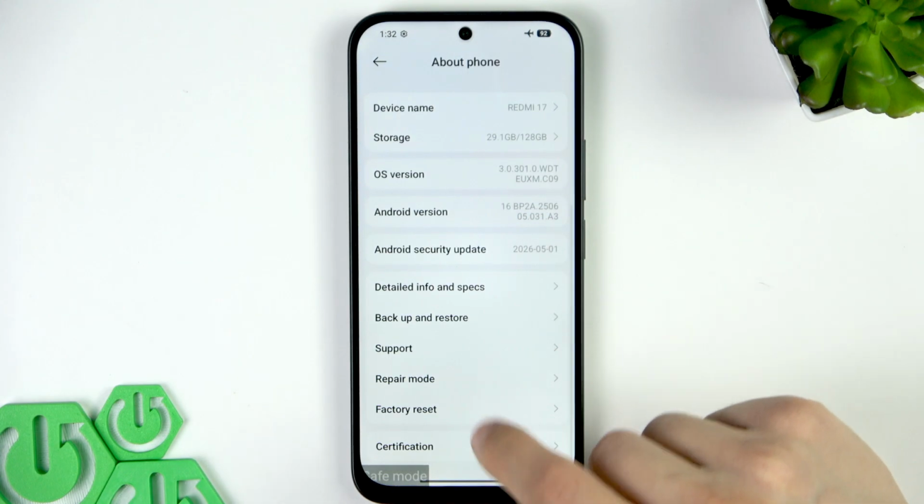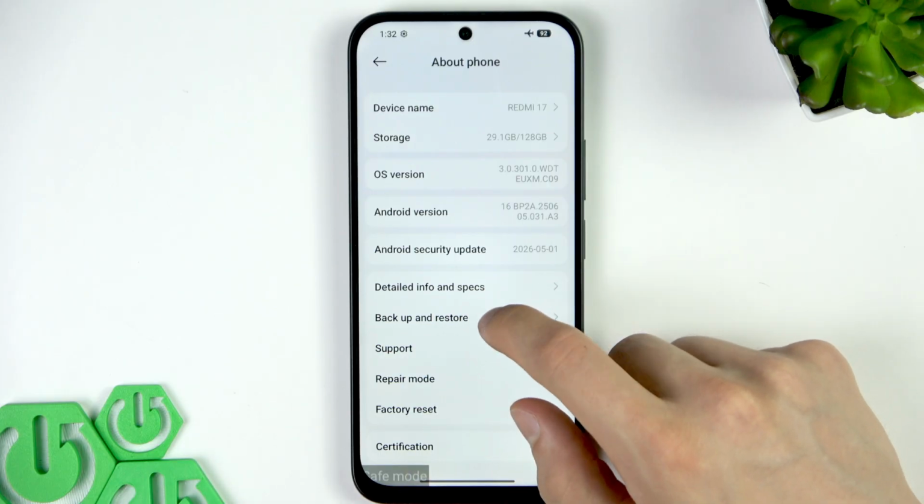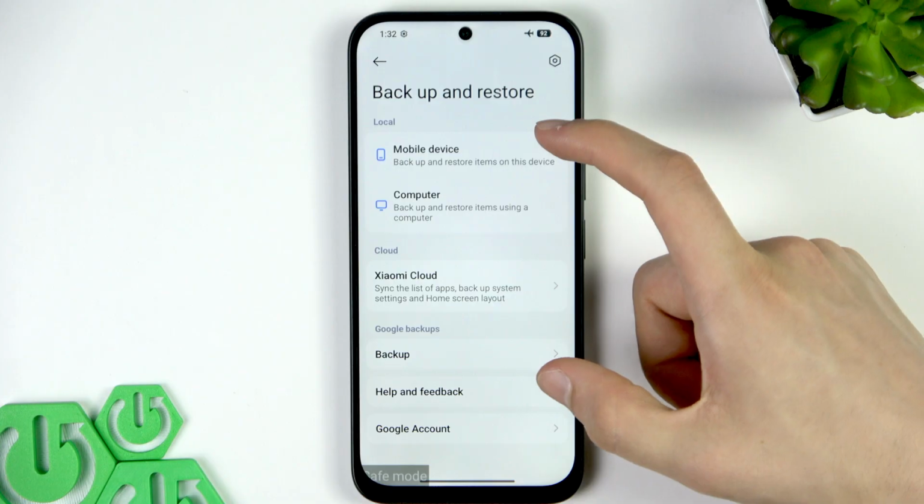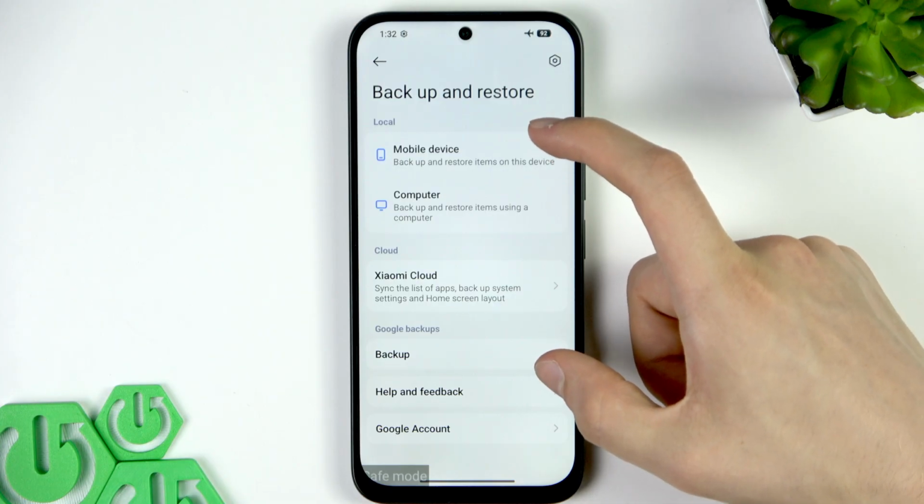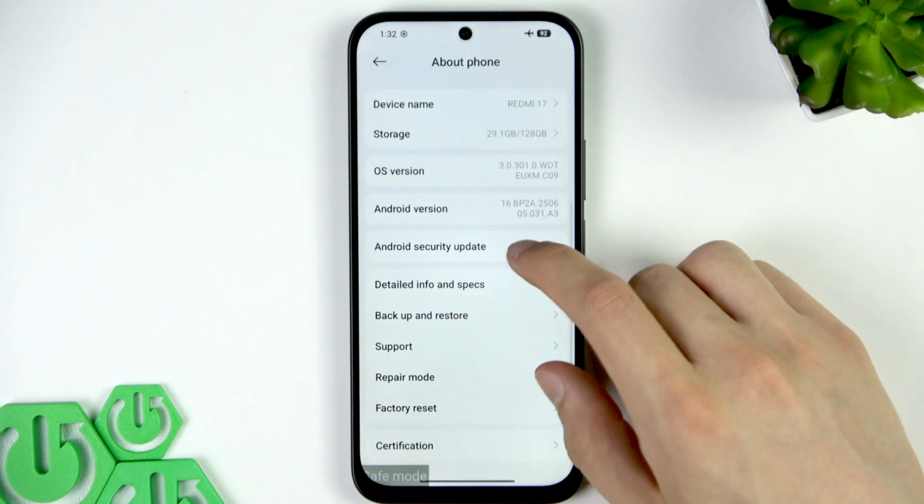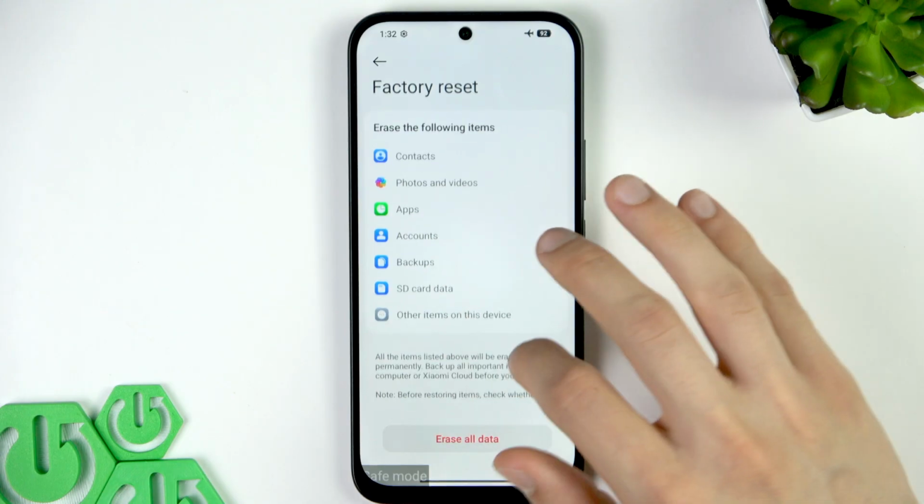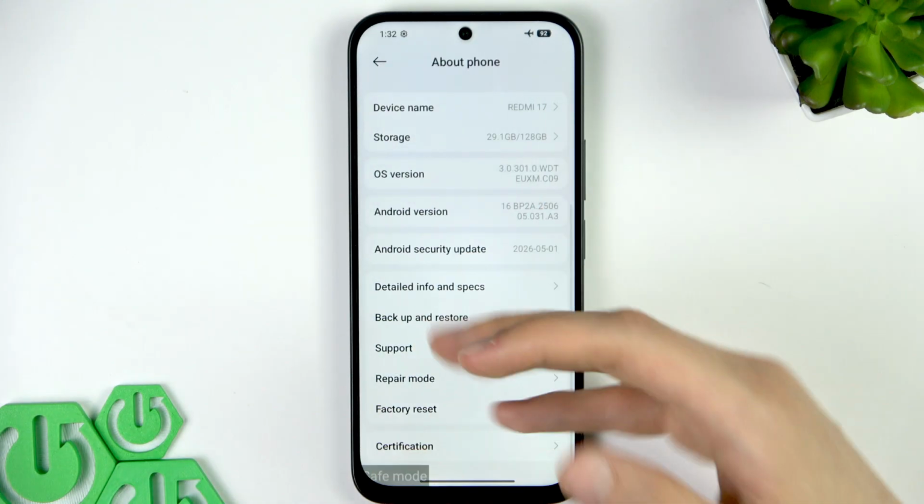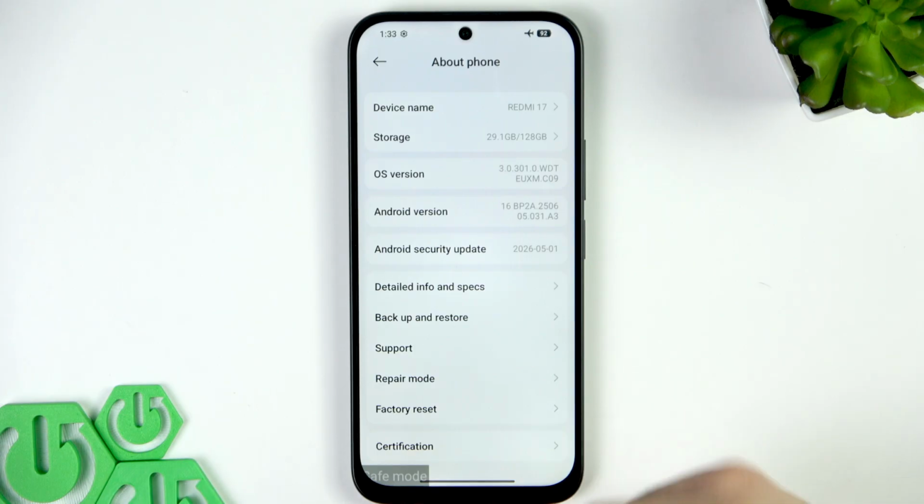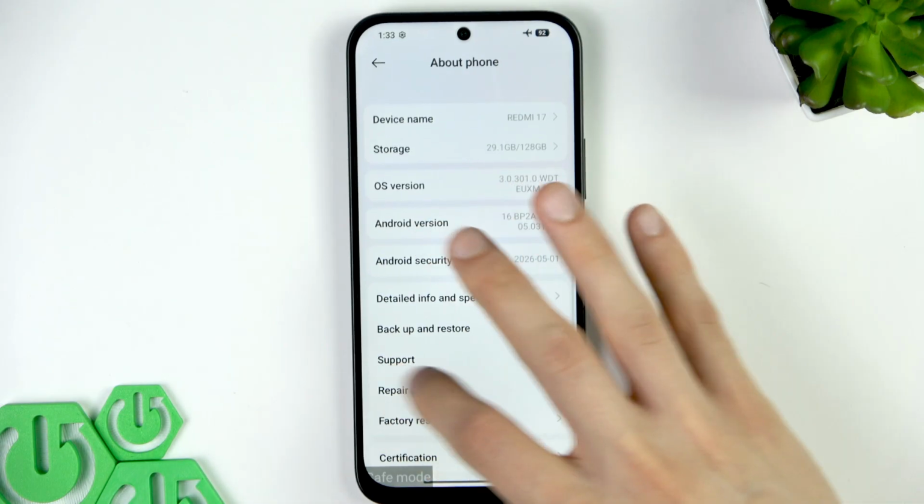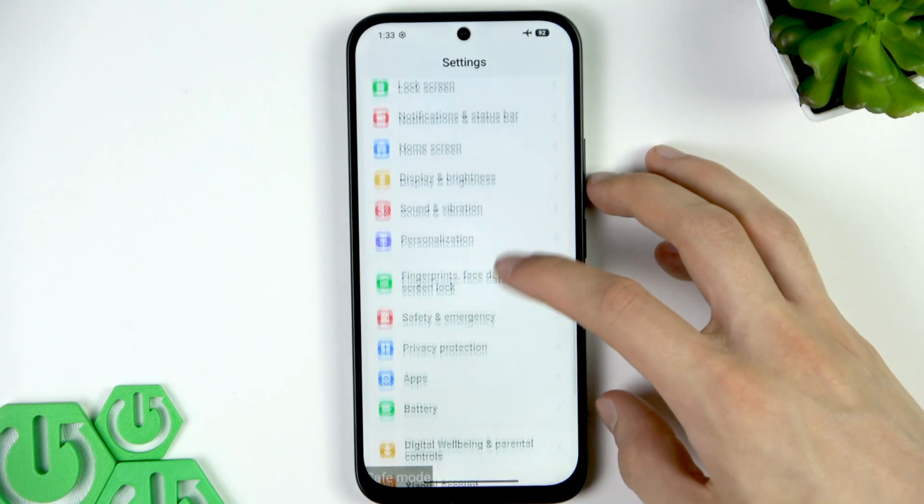Then before you perform factory reset, you have to select Backup and Restore and back up all the important data using one of these 4 options. Then to perform factory reset, you have to go to Factory Reset and tap Erase All Data and confirm your choice, and then set up your device once again and restore data from the backup. Or just go to Apps menu,